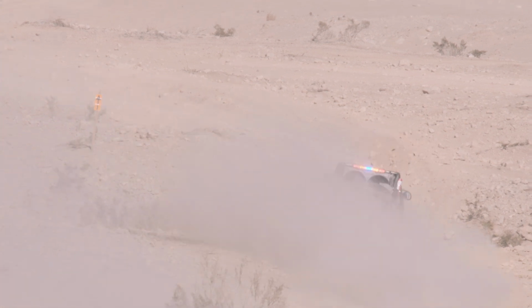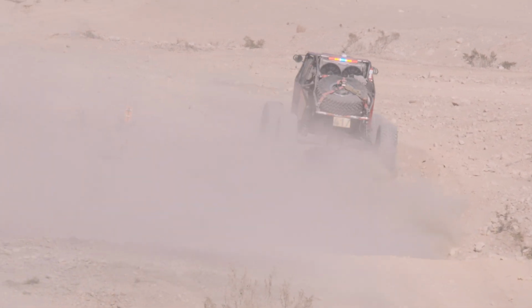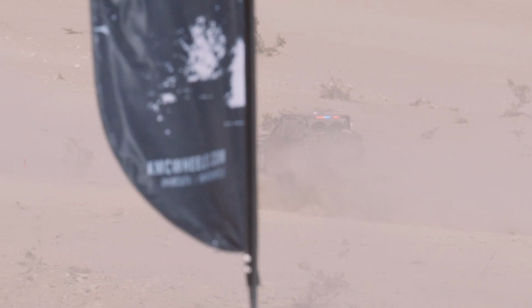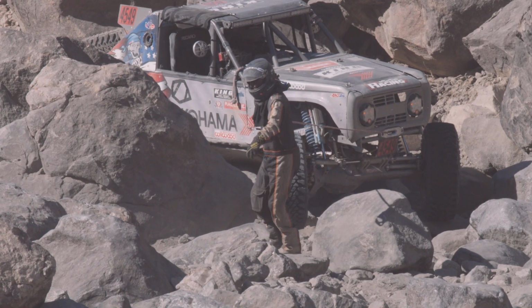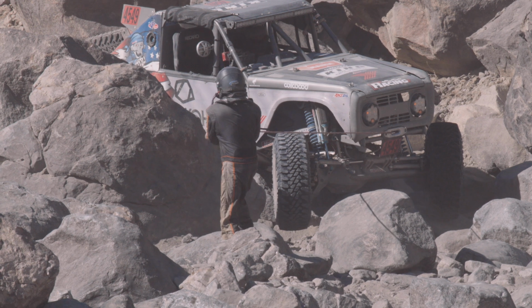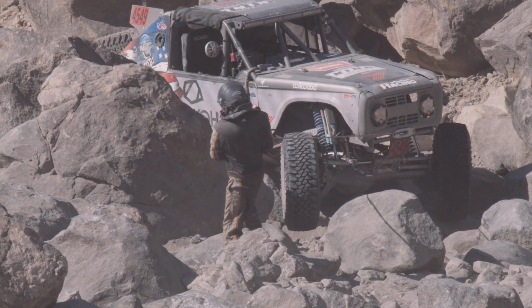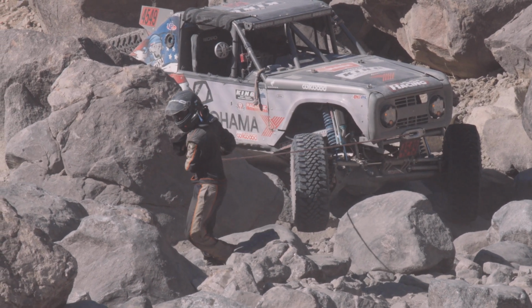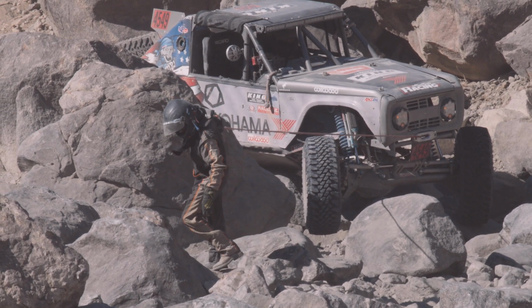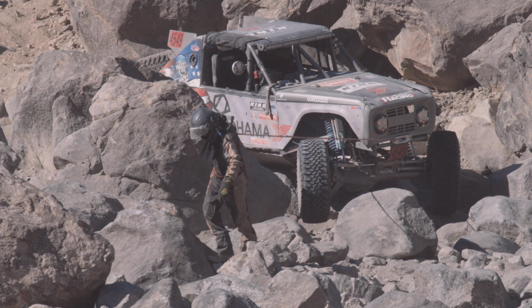Yeah, exactly. But Ben, you know better than anybody else, you've been behind the wheel of one of these cars. If you're headed into the rocks and you're behind the wheel of a bomber car, you kind of got the deck stacked in your favor, in my opinion. We saw him stationary in remote pit 1 earlier today, but the car looks very, very tall at the back, and they were working at the back end of the vehicle, so it'll be interesting to see what's going on. As we can see, a winch recovery taking place,